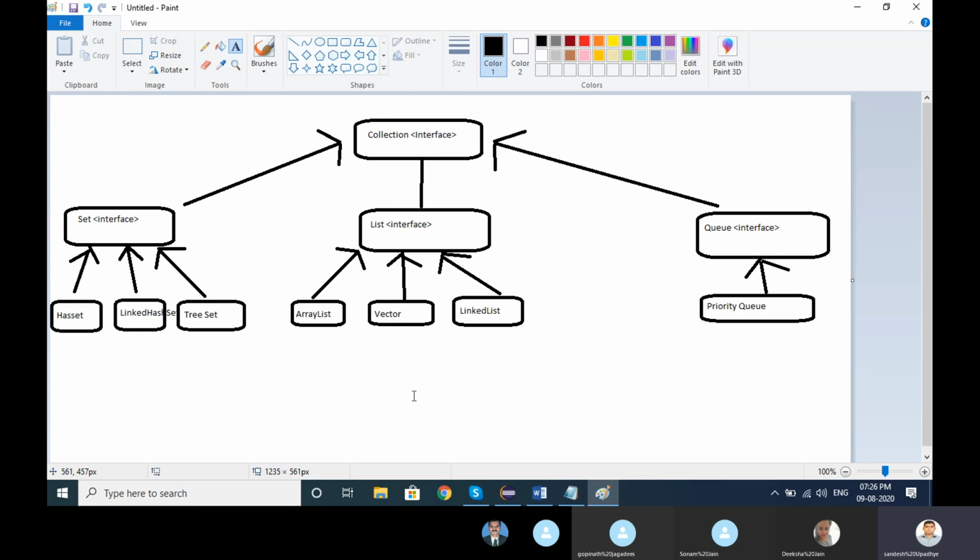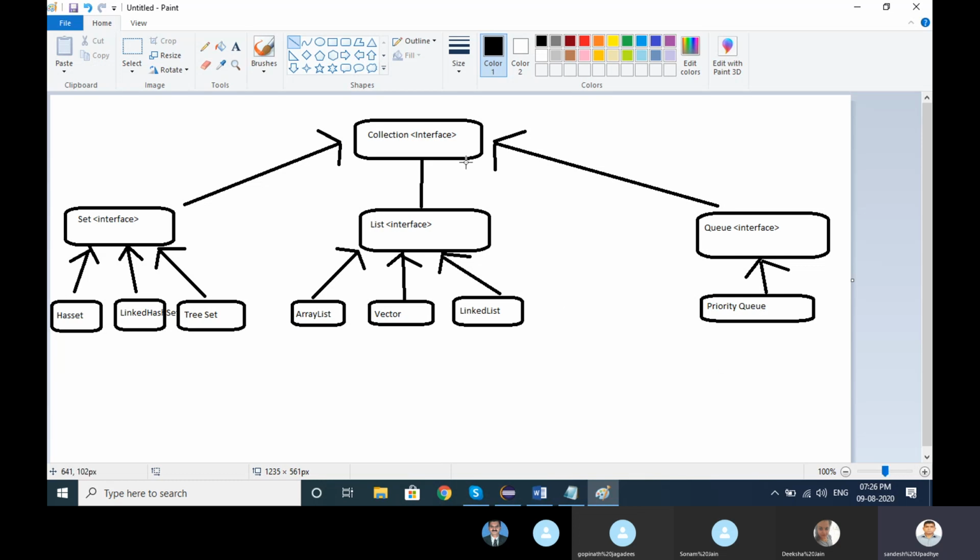There is one more thing which I don't have space for in the collection diagram. There is one more interface, the Map interface, but I will explain that later; I will add it like this. Map has other classes: Hashtable, LinkedHashMap, HashMap, or TreeMap.